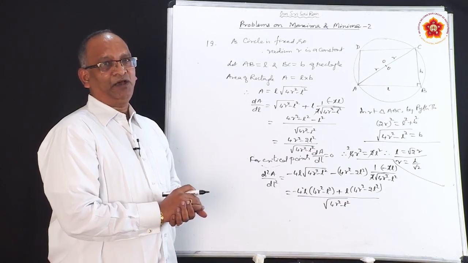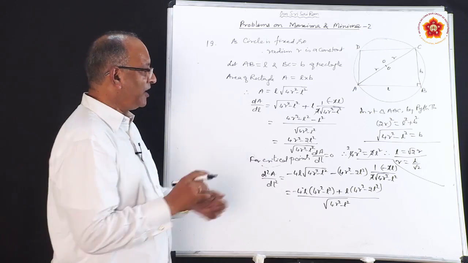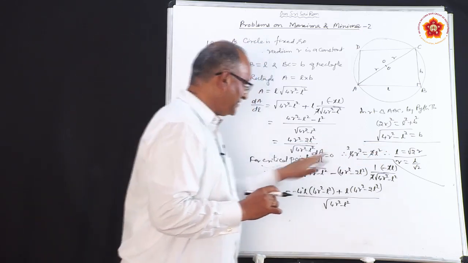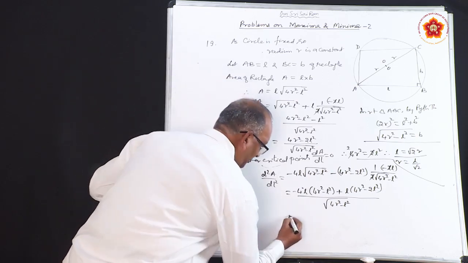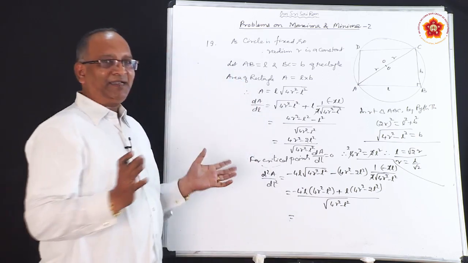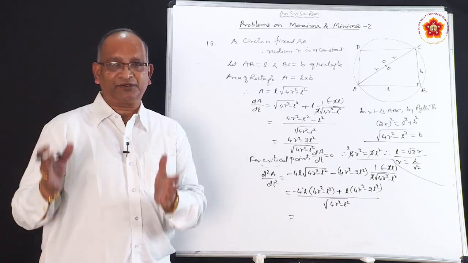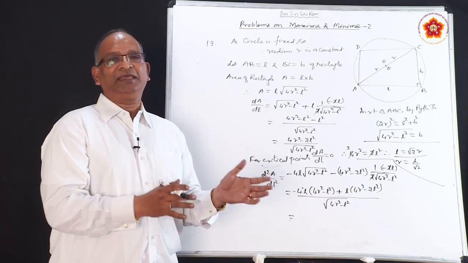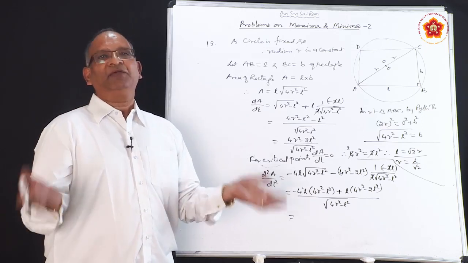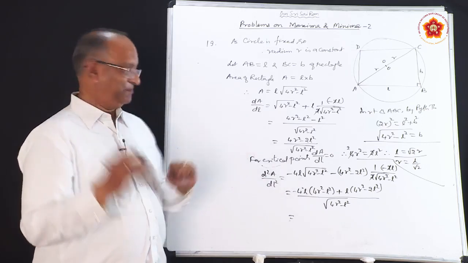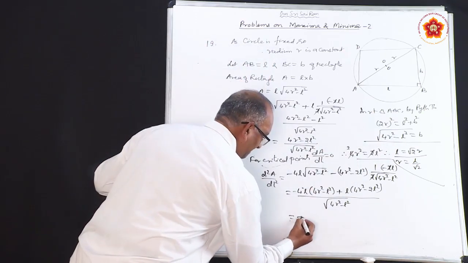How do we proceed now? We got the second derivative. Now, we have to substitute the value of L which we got in this. Wherever L is there, substitute root 2r. Remember, we are not interested in knowing how much is the value. We are only interested to know what is the sign. Is it plus or minus? If it is minus, maximum. If it is positive, it is minimum. So, substitute in place of L root 2r.